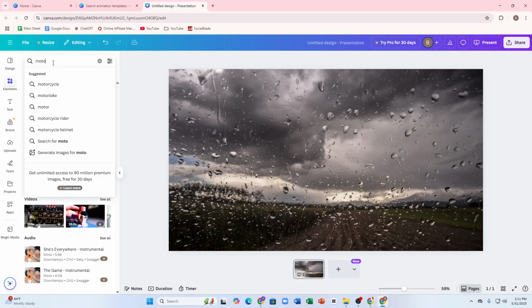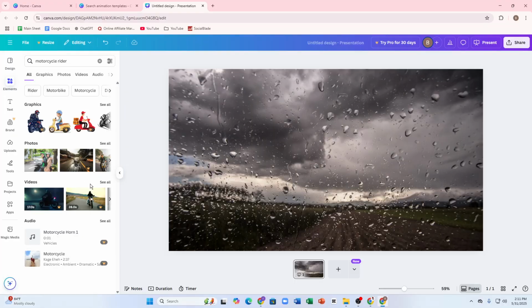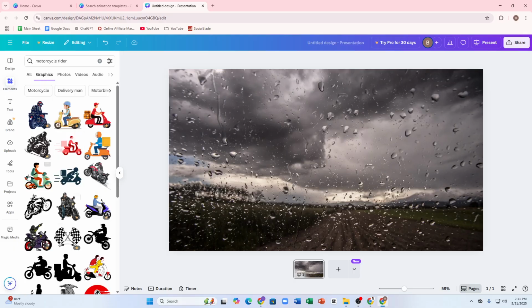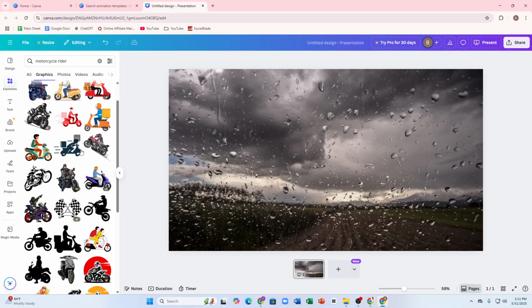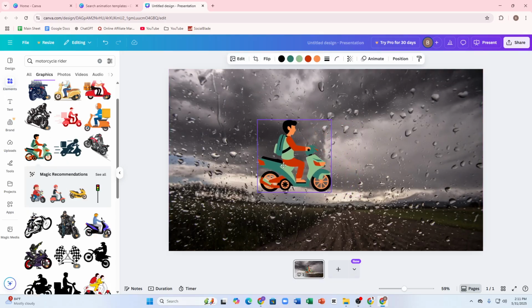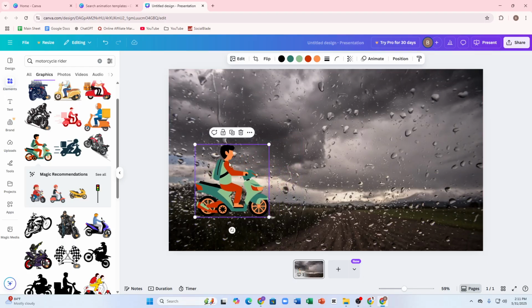Let's tap onto motorcycle rider. Okay, now we're gonna add one. For example, we're gonna add this one right here. Okay, let's add this one. You just simply have to tap onto this. Then after tapping onto this icon or this logo, you can see at the top right corner,